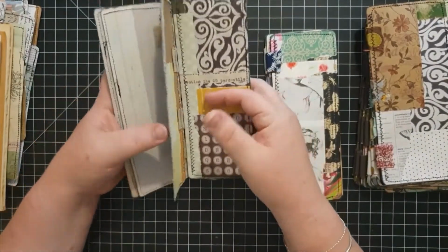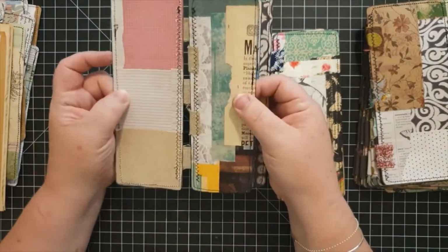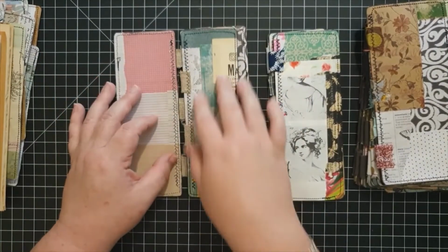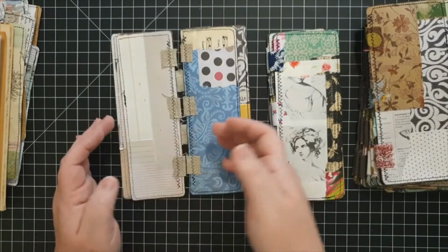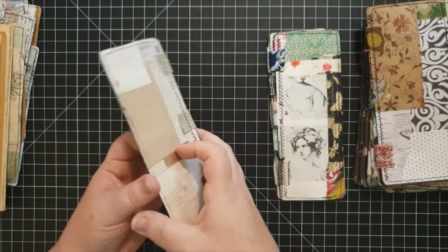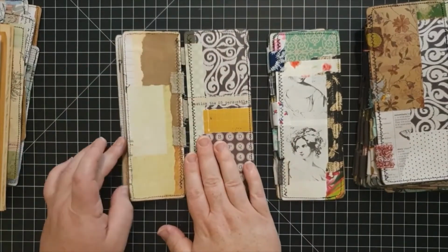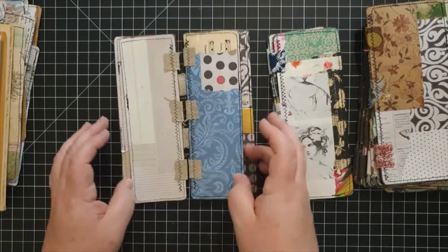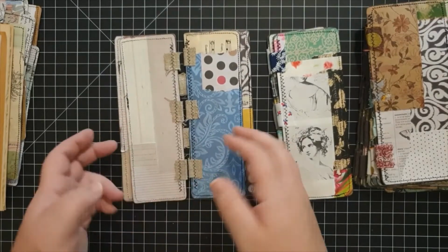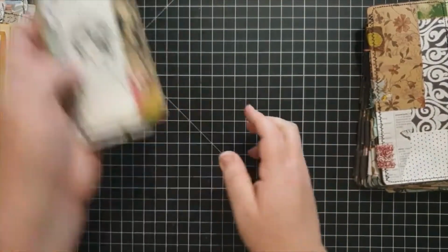I don't know that I would go too much more than this, but I do like having a little bit of play here, because if you wanted to do some 3D elements or something on decorating these pages, you would have more room. And then the other thing I really like is, obviously these are sitting perfectly flat. Well, I mean, as flat as they can be. And you're more easily able to write on these pages if that's what you wanted to do. So another example there,